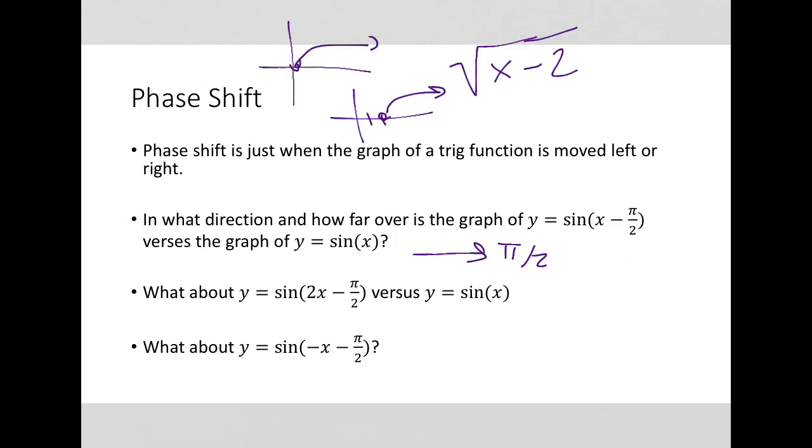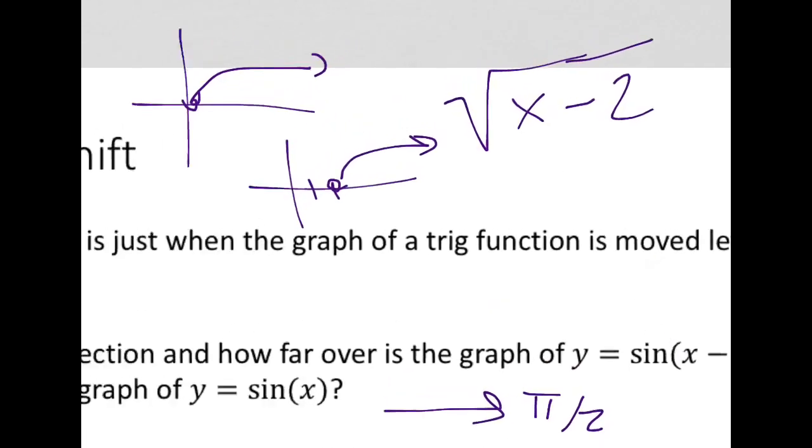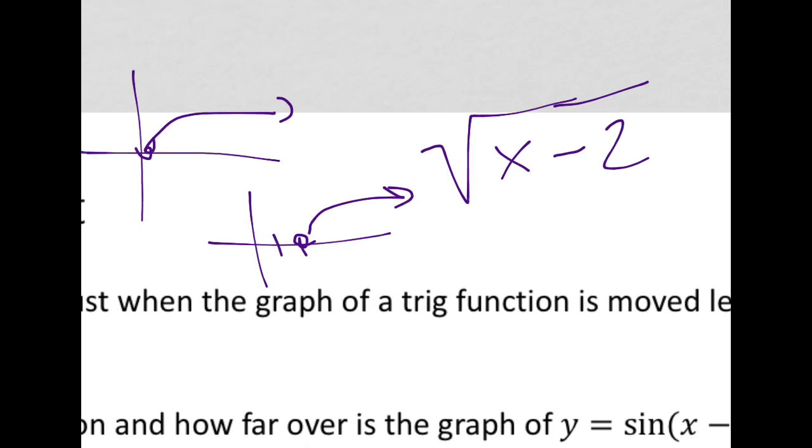I'm going to skip that middle question and go to that last question there at the bottom, because you need to think about, how does this function up here change when we throw that negative in front? Well, you may remember that that negative is a horizontal reflection. It is a flip about the y-axis, and it not only does that,